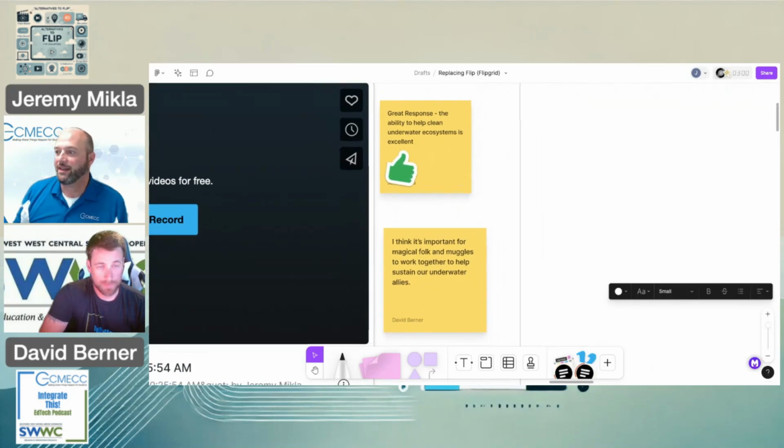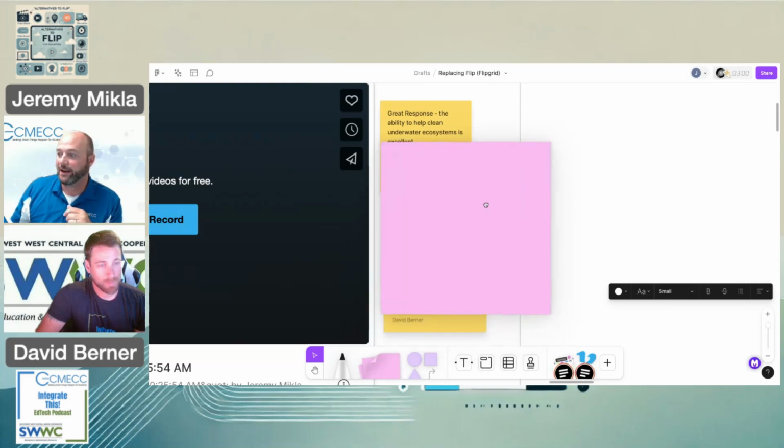You can see that here's one response. Hey, great response. Ability to help clean underwater ecosystems is excellent. And David talks about the importance of muggles and magical folk to work together to sustain all of these different things, which you could do before when you would type in comments to students on their Flip posts. It's just a slightly different way to do it here, but it's just as simple as adding a sticky note,